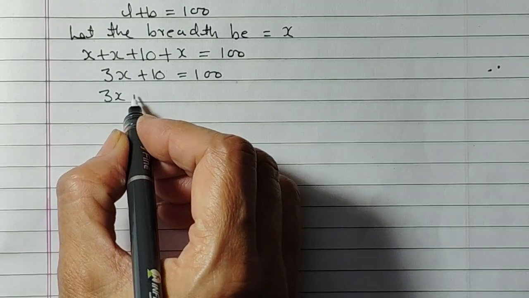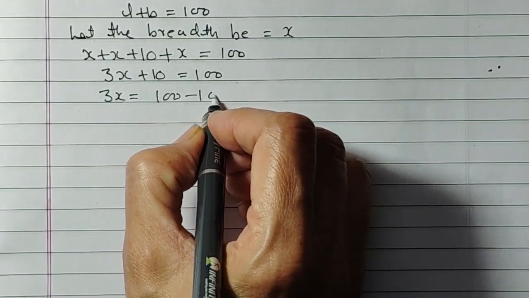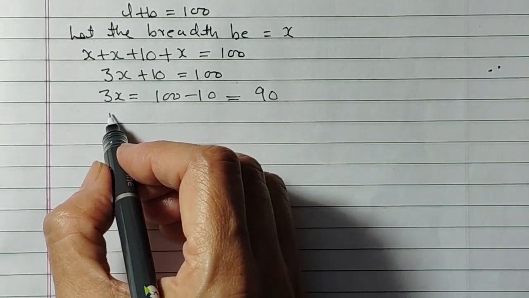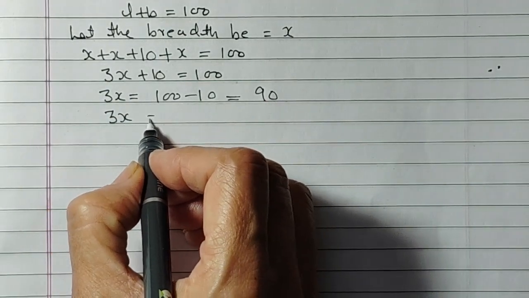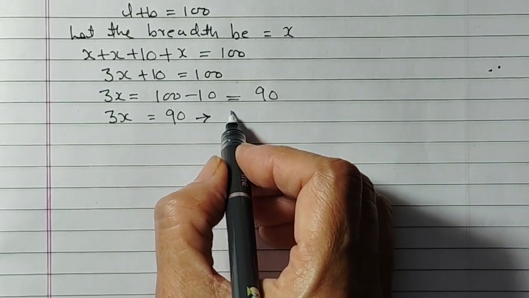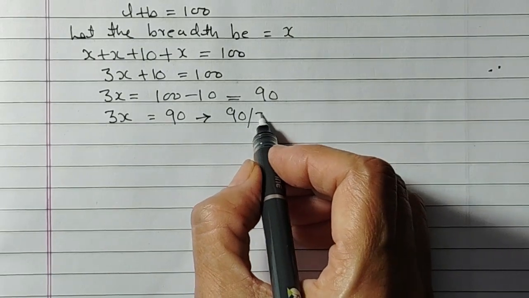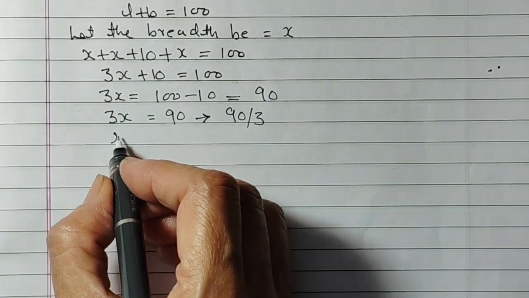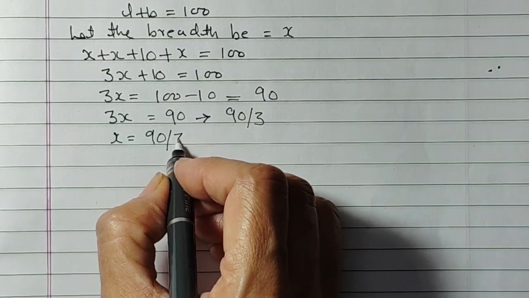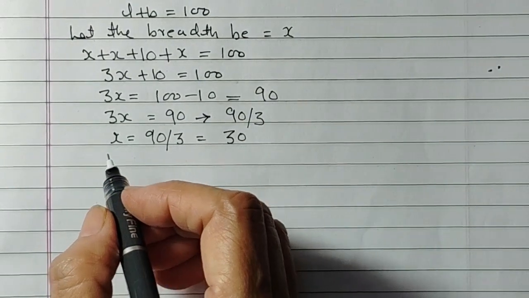3x is equal to 100 minus 10, which is 90. So 3x is equal to 90, which is x equal to 90 over 3. X will be equal to 90 over 3, that is 30. So the breadth is